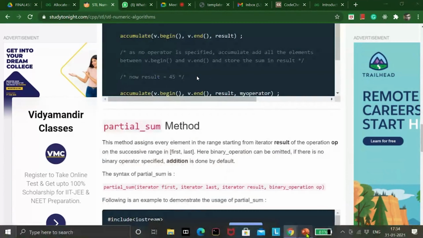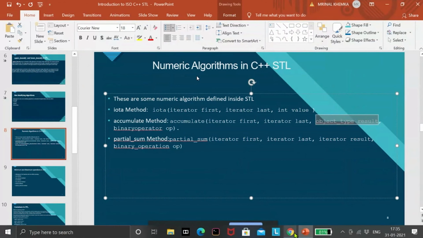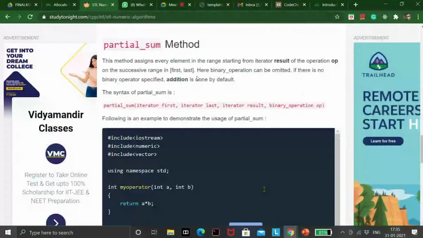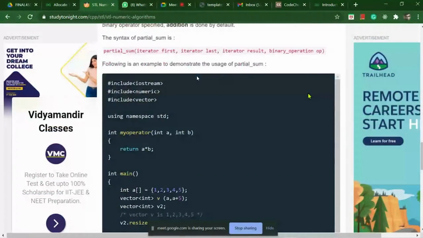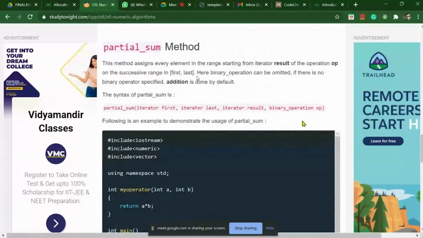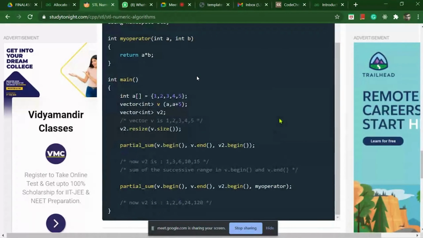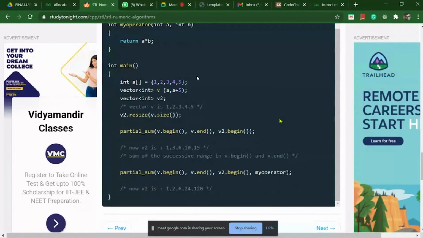Now next is the partial sum method. Partial sum isn't going to be a very useful method, but still I will tell you how it works. The partial sum method basically sums up the values from the sequence of data that we pass, and gives the result in the operator that we pass.